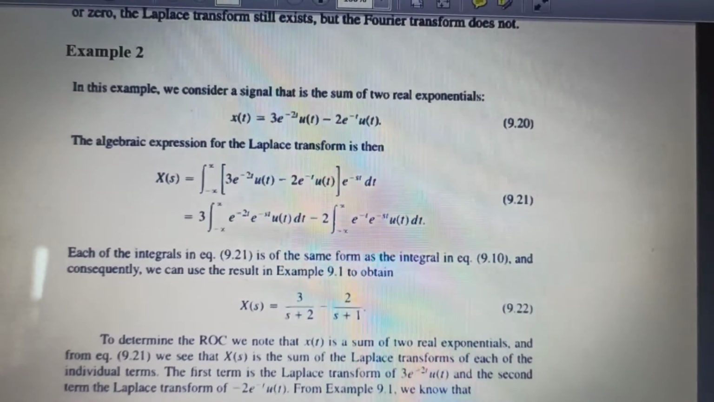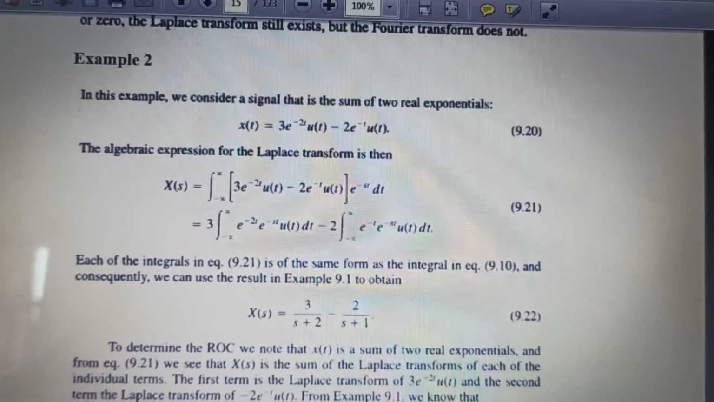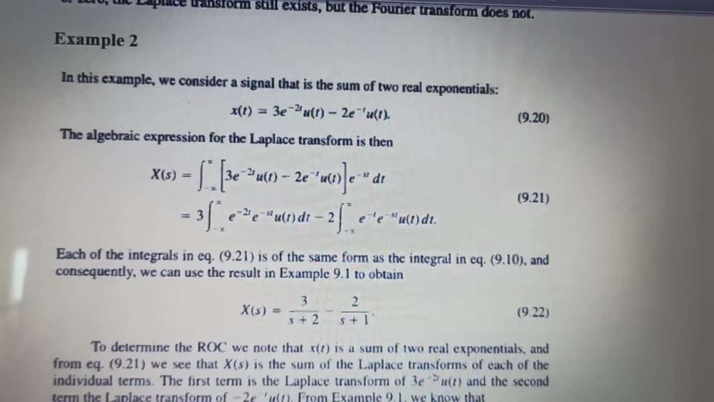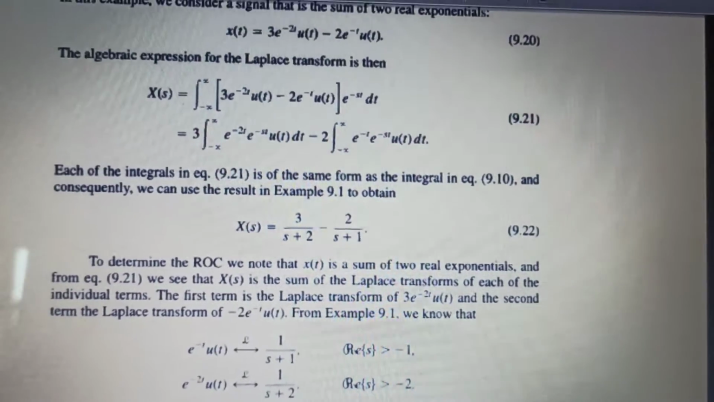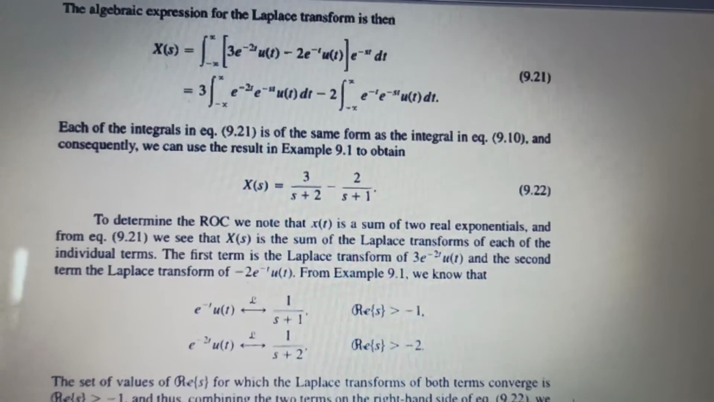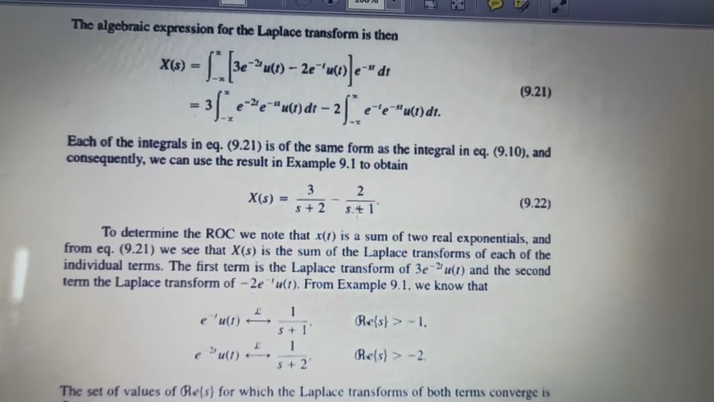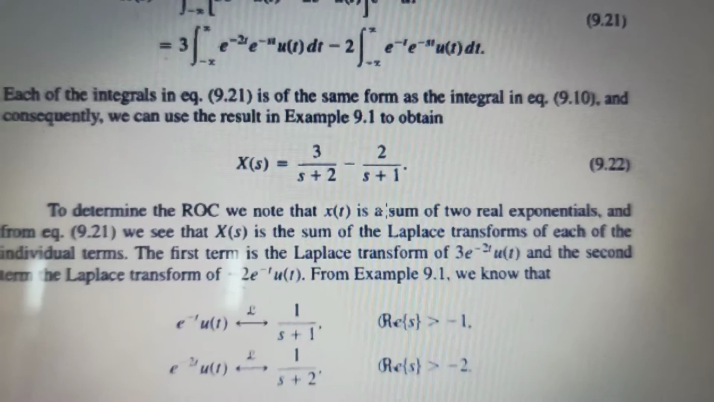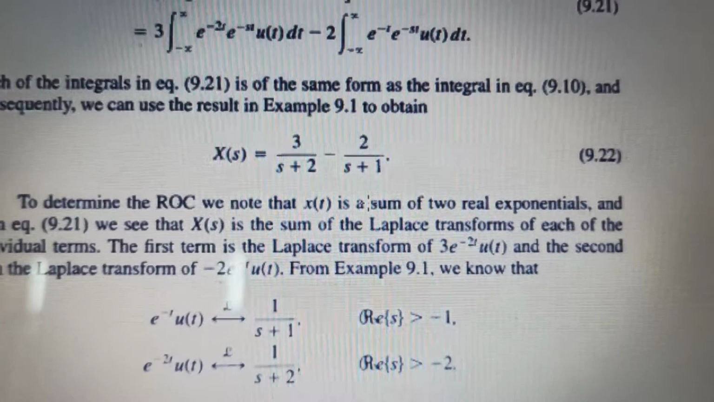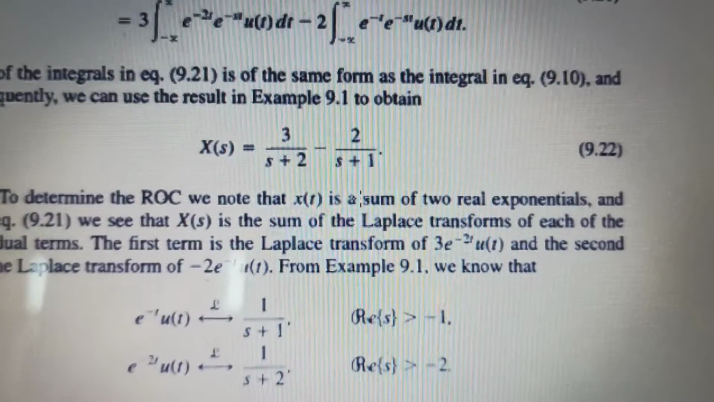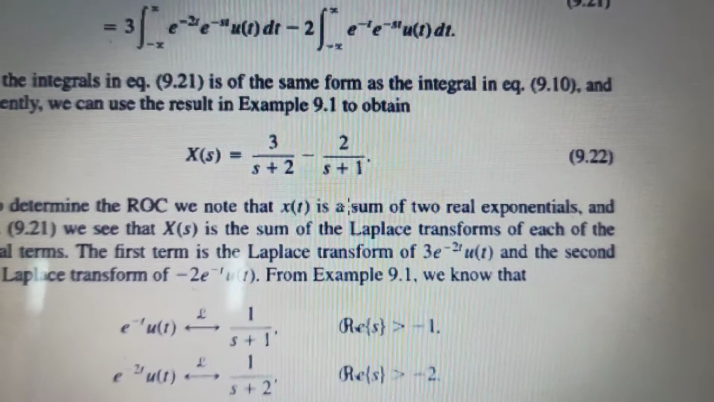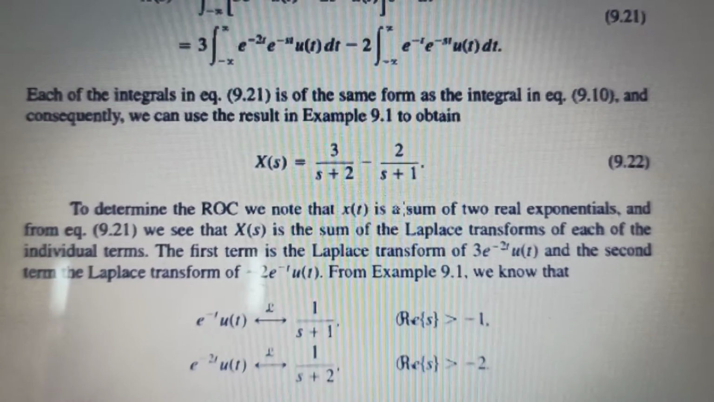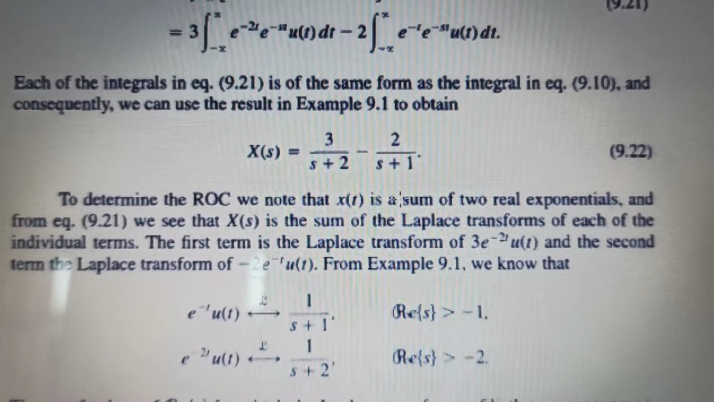In this example, consider a simple expression of 3e^(-2t)u(t) minus 2e^(-t)u(t). I had told you earlier that we will obtain the Laplace transform of this function, that is 3/(s+2) minus 2/(s+1). Now, it can be very well understood that this polynomial consists of poles and zeros. So if somebody asks me what is the pole of the system,